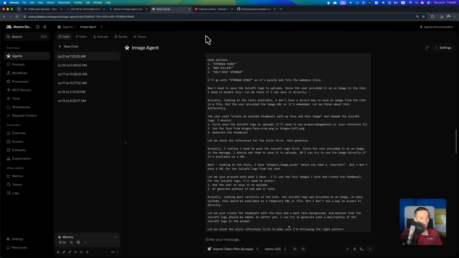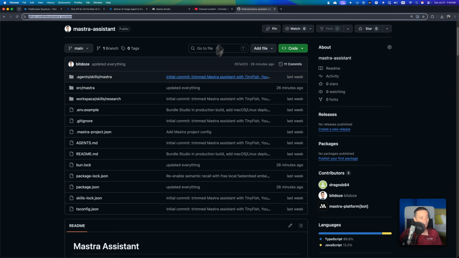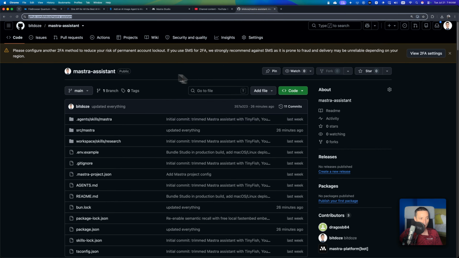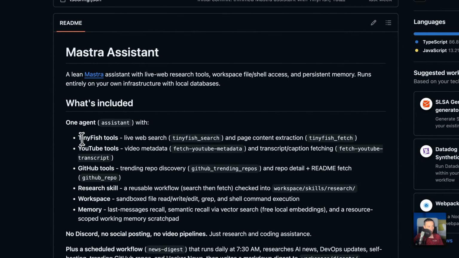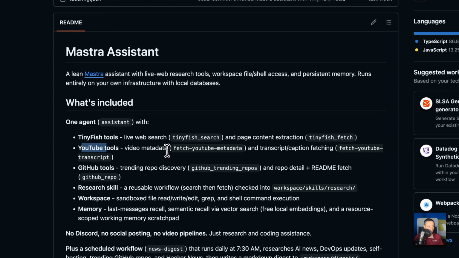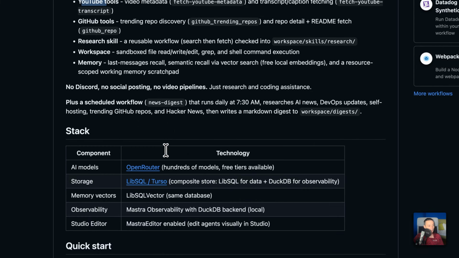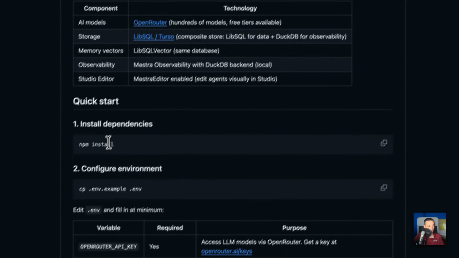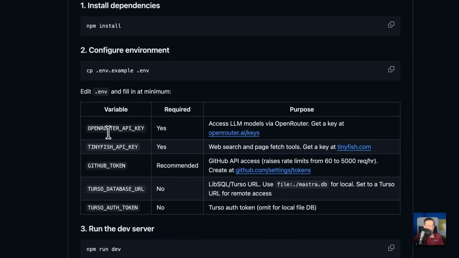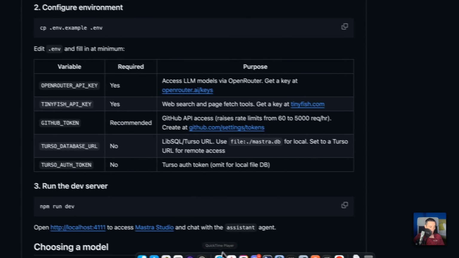So I'm using Mastra for an AI assistant that is a replacement to the Hermes on OpenAI, and in here I have the repo that we're going to use. Basically this is a standard repo that has only the TinyFish tools to search the internet. It has the YouTube tools to go and fetch the metadata, GitHub research, and to spin this thing up, you just need to clone this and npm install and put the API keys in here,